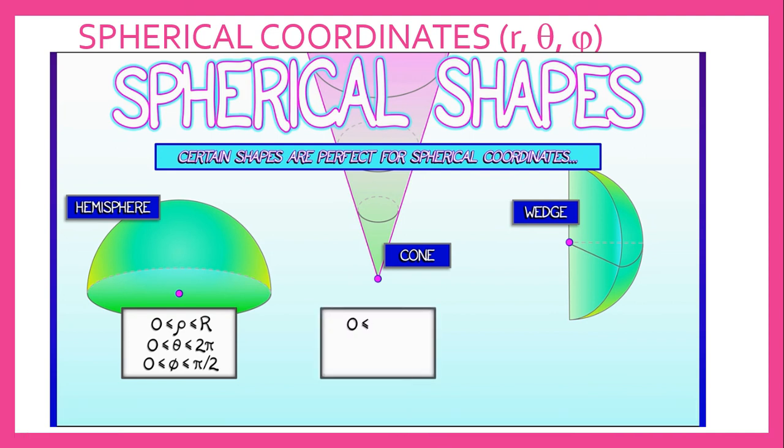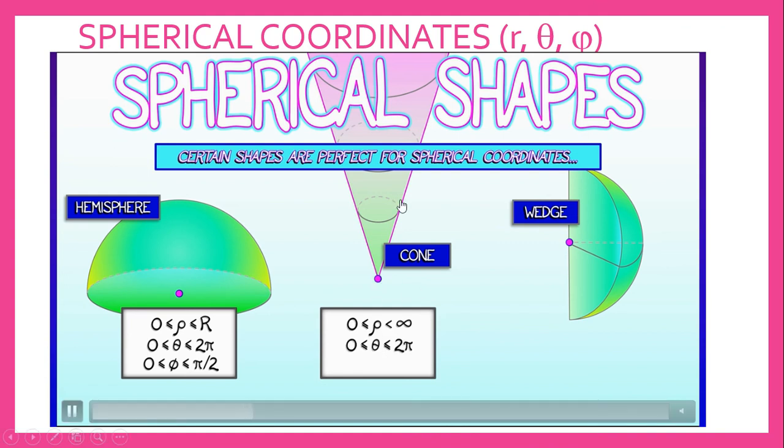Now let us see for the cone how the limits are varying. The radius can vary from 0 to infinity, and phi varies from 0 to 2 pi. That is, in the top portion we can say it's a circle. The circle angle varies from 0 to 2 pi, and the angle theta varies from 0 to pi by 2 for this cone. Some constant need not be pi by 2, it can be less than 90 degrees. See this angle. This angle varies from 0 to some constant. That constant will be something less than 90.